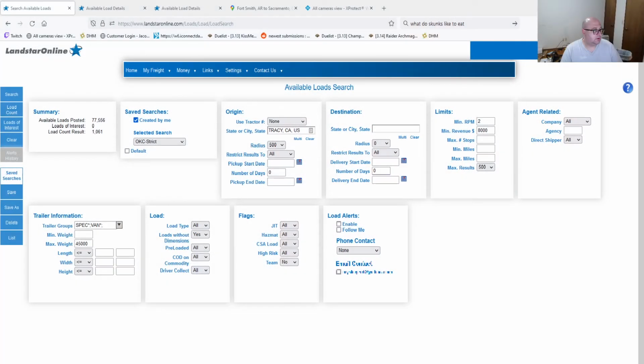All right, so let's take a look at the load board. And let me kind of show you how crazy the freight market is right now. The West Coast is just insane. Absolutely insane right now. Seattle and Portland